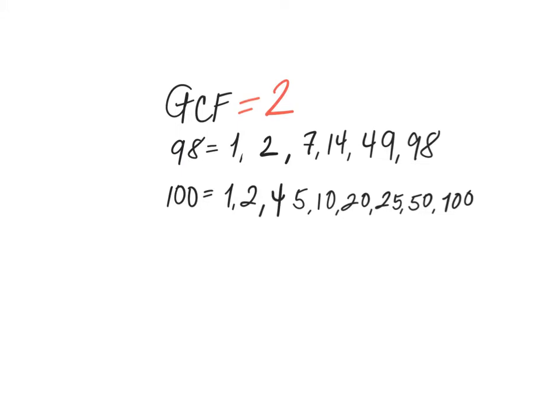The greatest common factor process is something we studied already, and it's exactly like this. So then here you will see that the greatest common factor for 98 and 100 is 2. So then